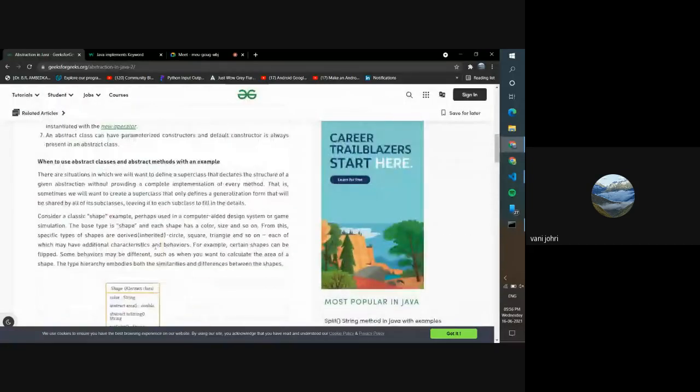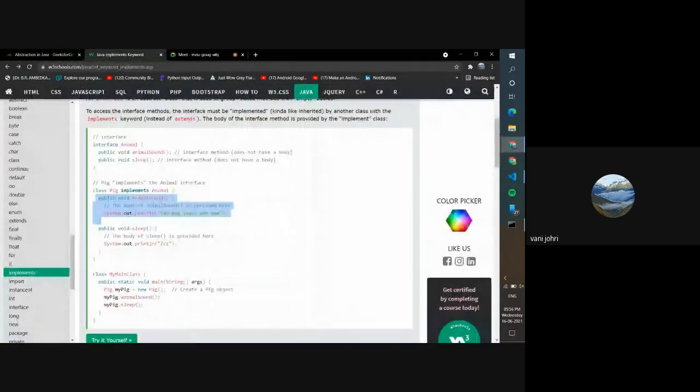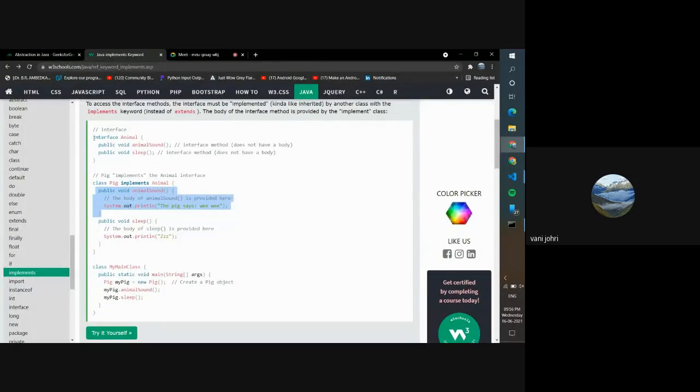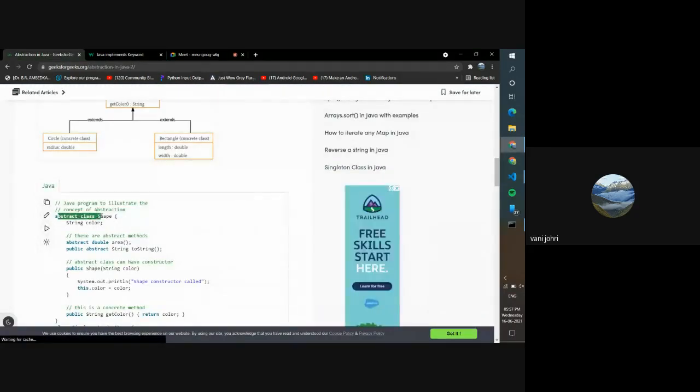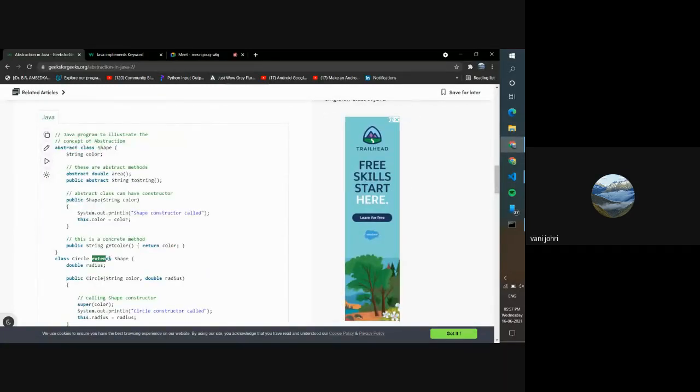This is almost a similar example to what we saw. It's pretty similar to this. All right. So the main thing is that you have an abstract class, and then you implement. Interfaces are implemented, but over here they have said an abstract class, so this will be extended. But if this had been an interface, then an interface is implemented.